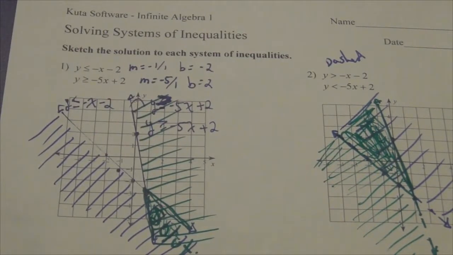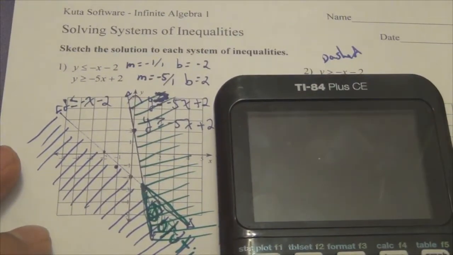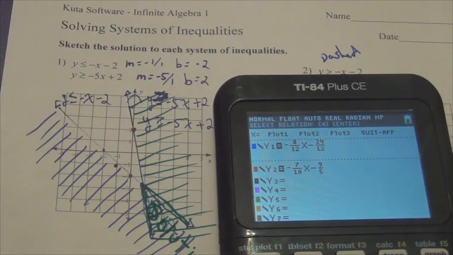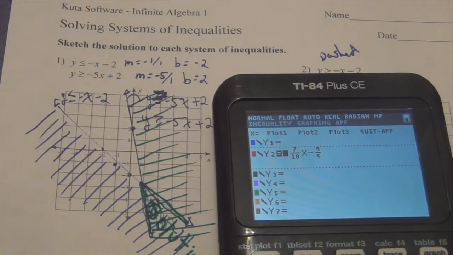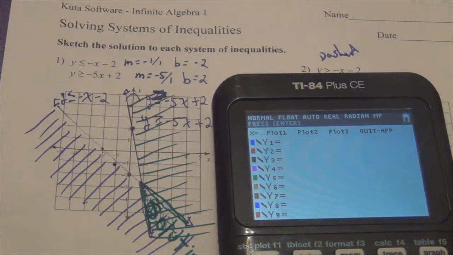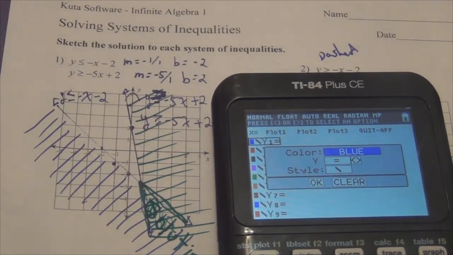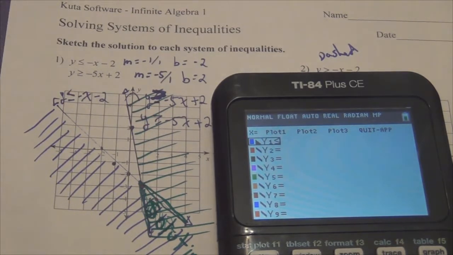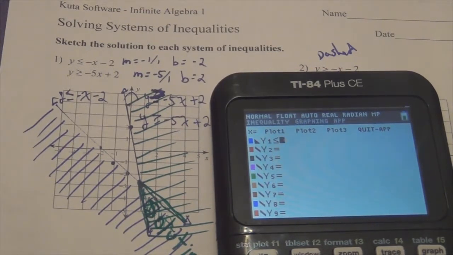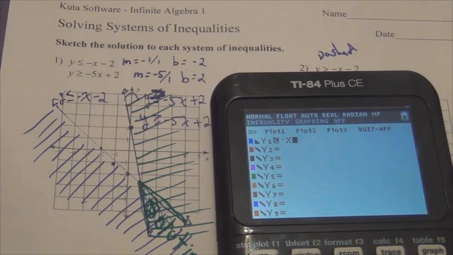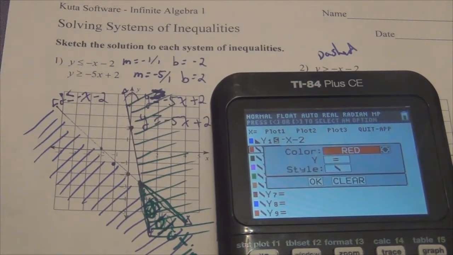This one. Let's say you are working on the calculator. So you press y equals, you clear everything that's there. And now you go all the way to the left, you start clicking enter until your inequality appears. So you have the less than or equal to. In the calculator that you have, you might not have these choices. You might only have the little symbols. So it's going to be negative x minus 2. The other one is going to be